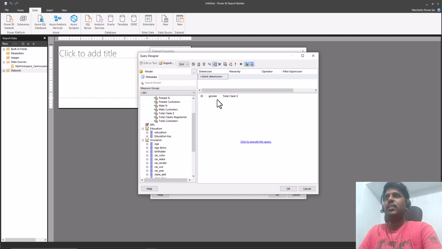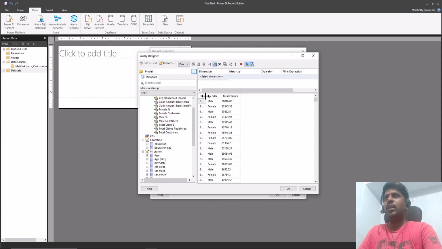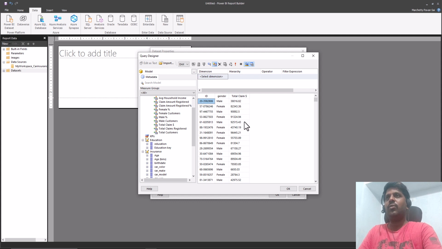Once you bring all the necessary columns from whichever tables we want, we can click on this execute the query. Here you could notice that I have the customer IDs, the gender, and the total claim amount which has been claimed by that particular customer. So once I get these details, I could either